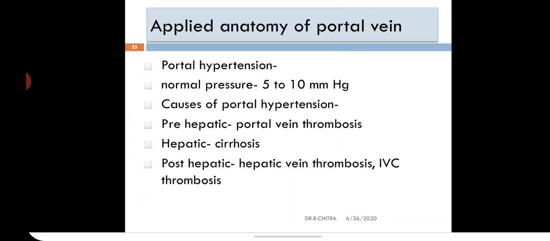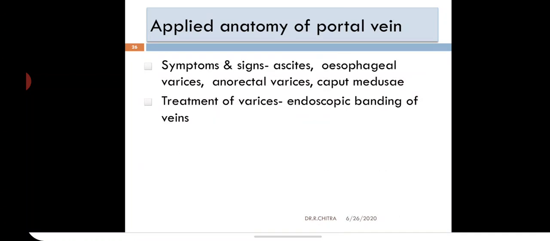What are the causes of portal hypertension? Maybe prehepatic, in the liver, or post-hepatic. Prehepatic, before the liver, that is the portal vein thrombosis. In the hepatic, cirrhosis of the liver. Post-hepatic may be the hepatic vein thrombosis or inferior vena cava thrombosis. So you have to think from portal vein to the liver, then from the liver to the hepatic veins to the inferior vena cava. So in any of these sites, there may be an obstruction causing the portal hypertension. So all this backflow of portal blood will be taking place through the radicals of the caval system.